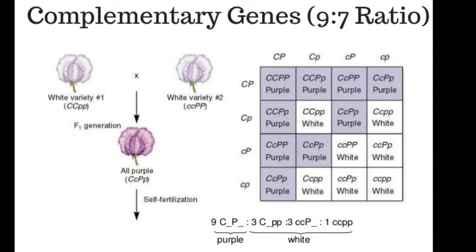Okay, so when two certain white flower varieties of sweet pea are crossed with each other, they produce F1 plants with purple flowers. The F2 generation produced by self pollination of this F1 plant consists of purple and white flower plants in the ratio of 9:7. This is a modification of the normal dihybrid ratio which we described in Mendel's law of independent assortment. That ratio is 9:3:3:1.